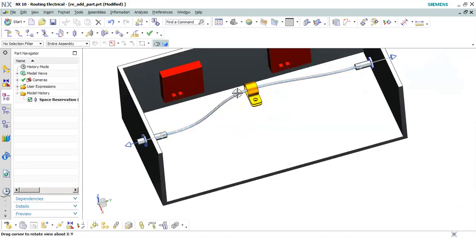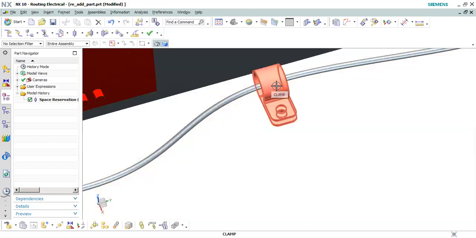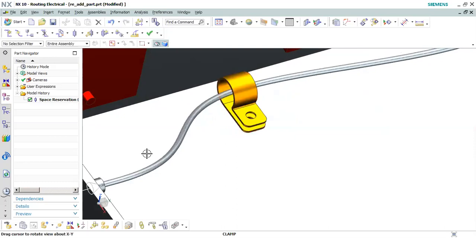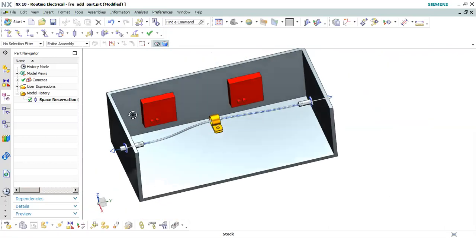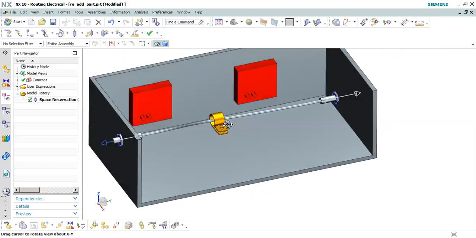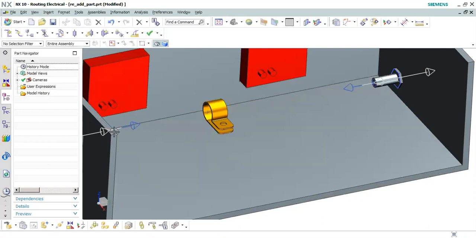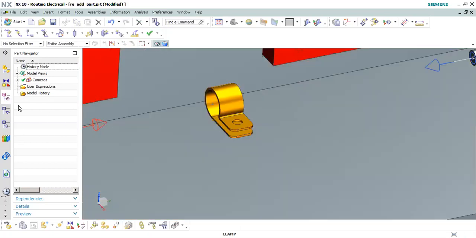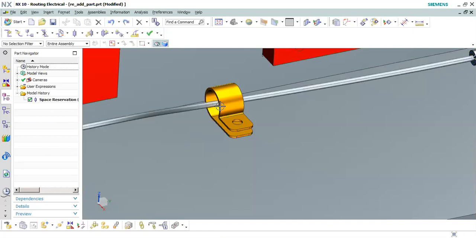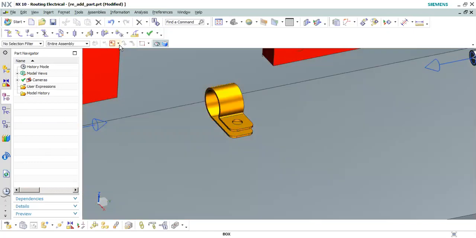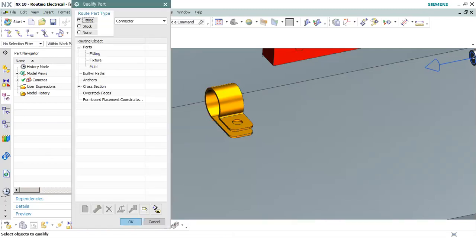But if a fixture is coming, we need to create fixture ports. So how the ports are created, that you need to see. I will remove this. Okay. And actually we need to qualify the part. Qualify the part, how to qualify means,